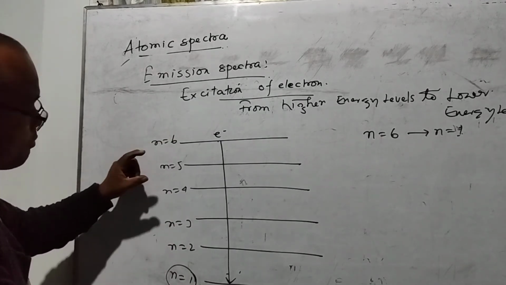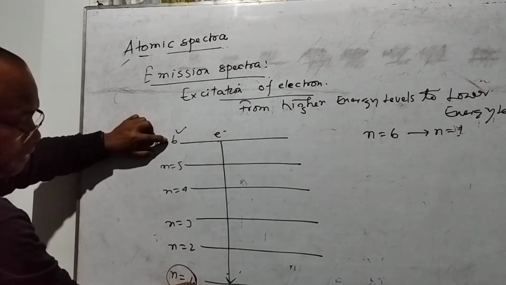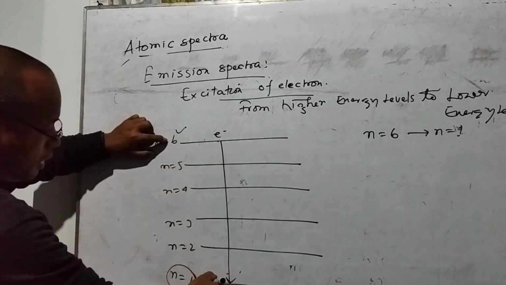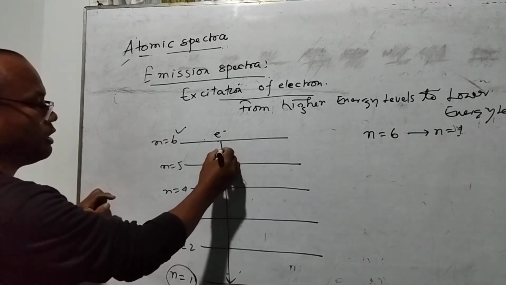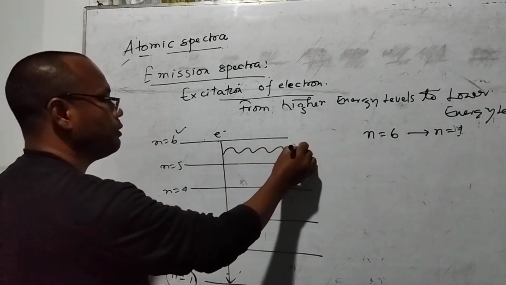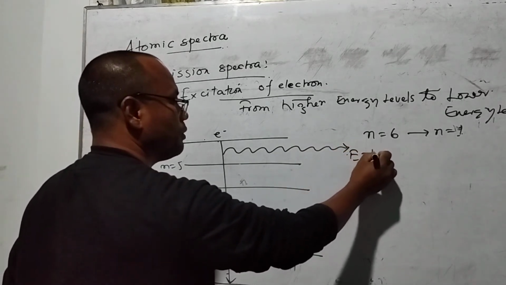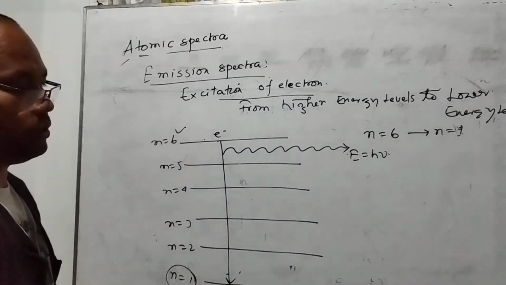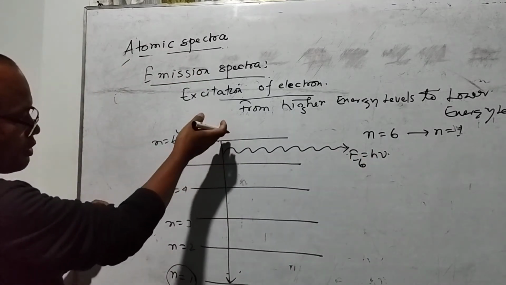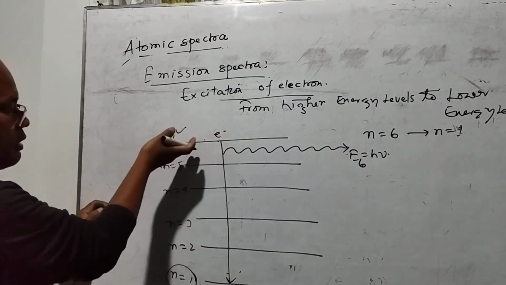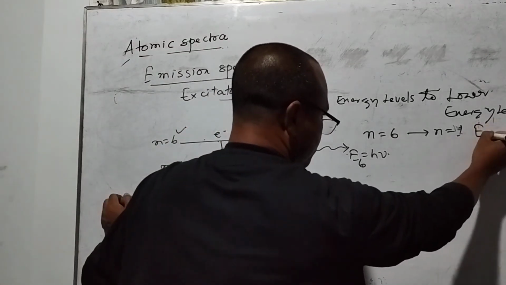Just let me take a simple example of how much energy. Suppose 6, and here is the 1. So when the 6 comes to the 1, the 6 is more than 1, so that much amount of energy is emitted here in the form of radiation, right? So I write that energy as h nu. So that is the excitation from the higher level, that is n is equal to 6 to n is equal to 1.